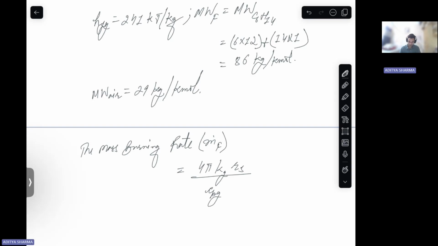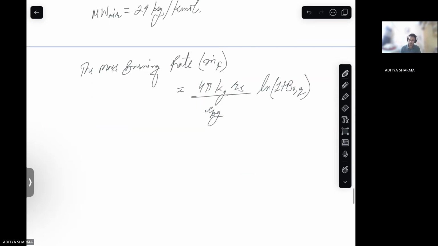Cpg, this we know. Ln of 1 plus B naught Q. Now B naught Q we don't know, that is the transfer number. And B naught Q we know is delta H C by